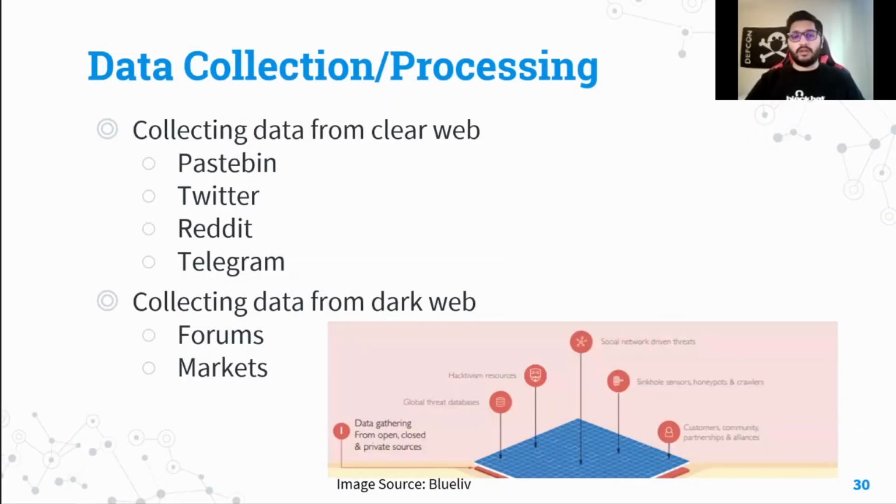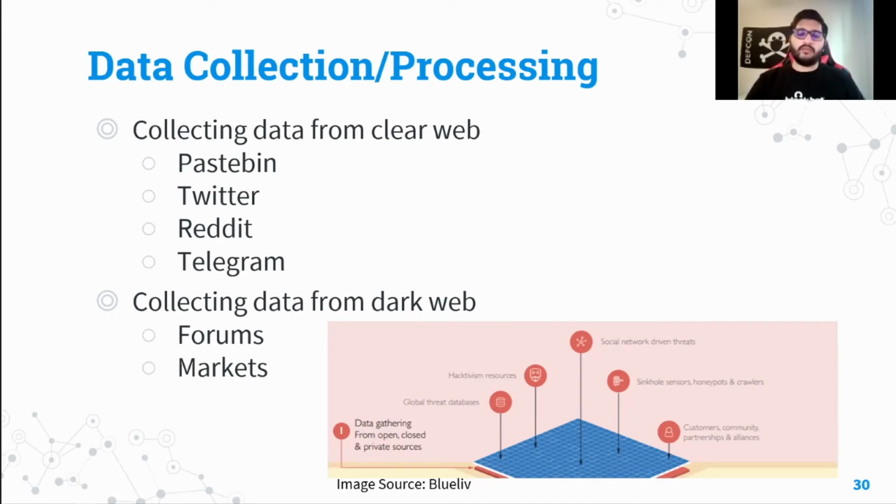Moving on, data collection. As I told you, you focus on different forums and different marketplaces. Another thing to note is you also focus on different surface web websites, because by combining the surface web data and the dark web data, you get better intelligence out of it.